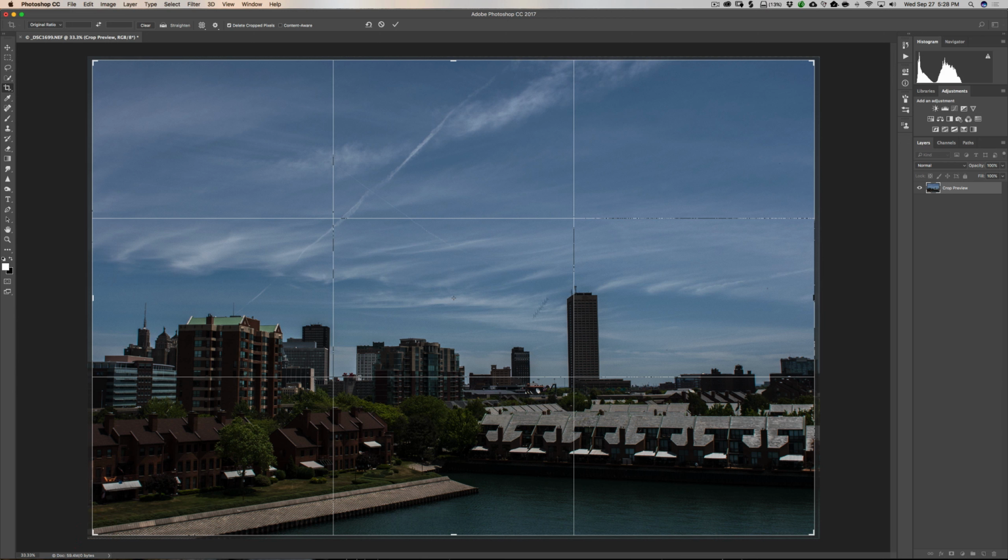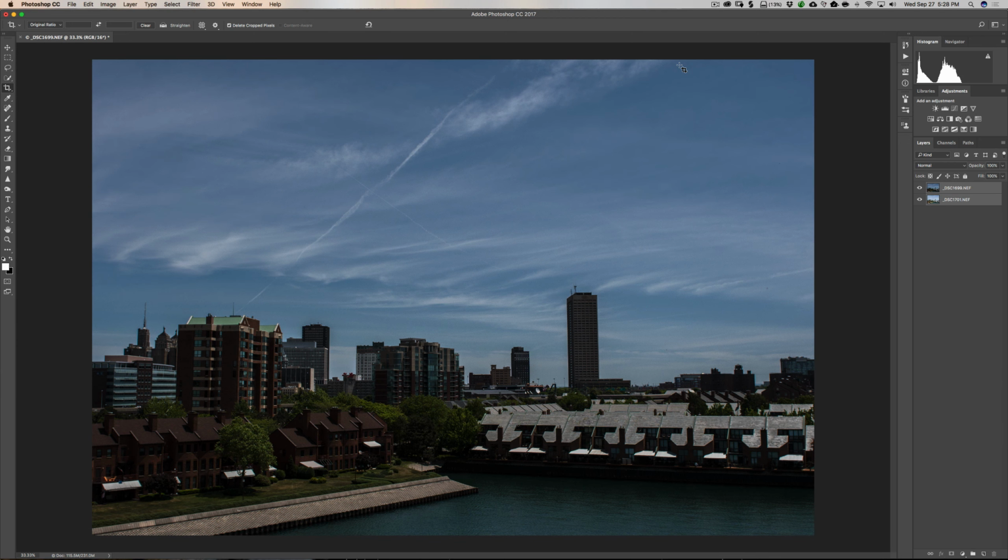And I'm not really too concerned about being perfect for this demonstration. All right, so we cropped away those blank pixels. Now we're going to use channels, I mentioned, to do our exposure blending. Now, to do that, we have them both